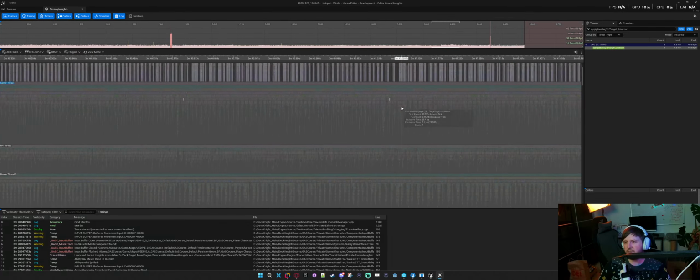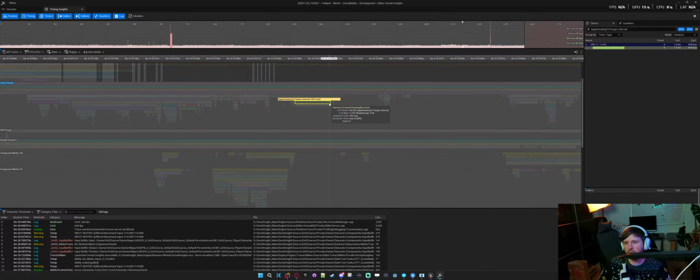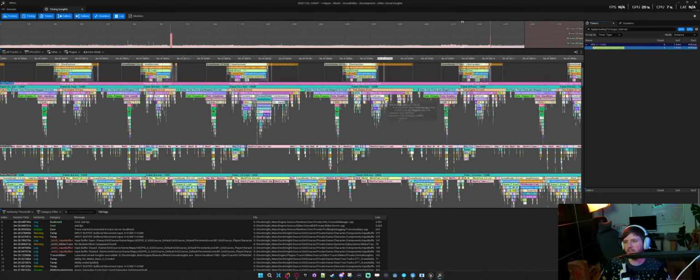This one's 390. This one 341. The ones that are heavier have this huge, it's just because of all this internal stuff. So I wonder if it's just because of all the payload stuff.